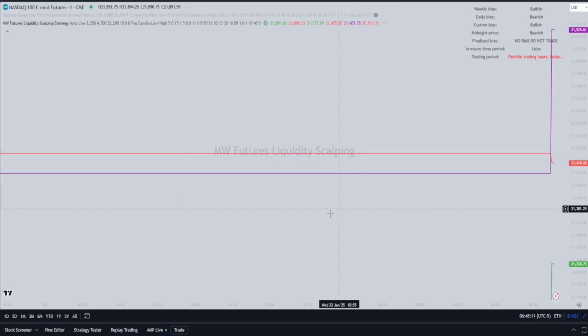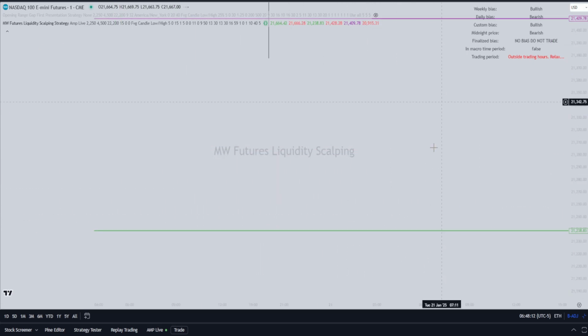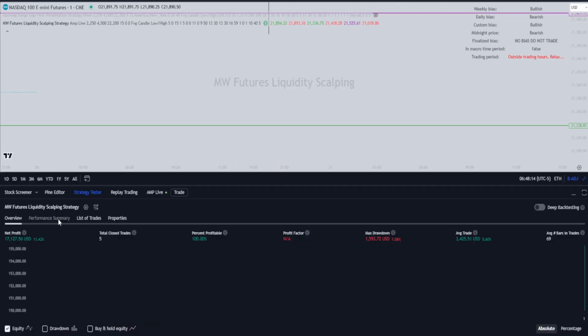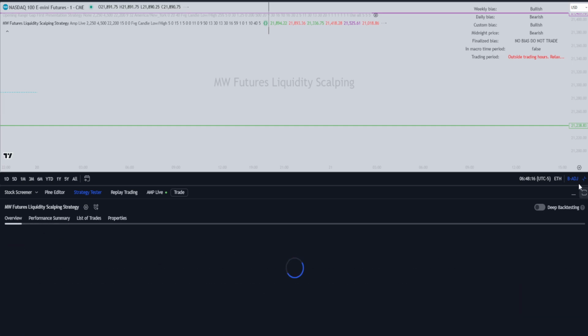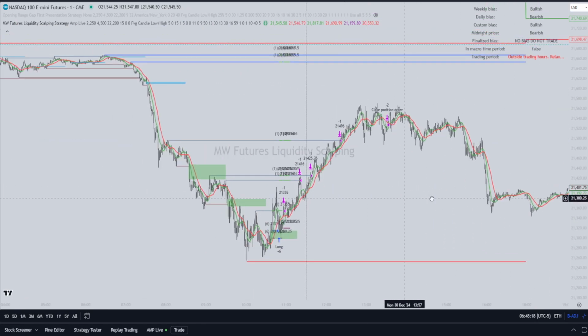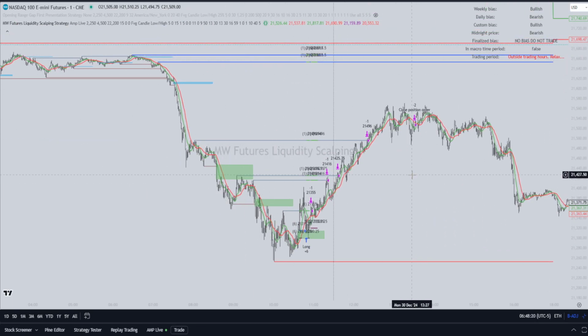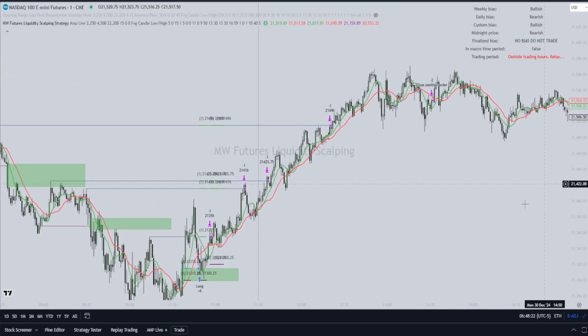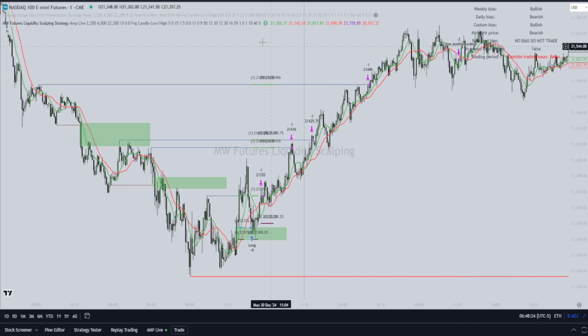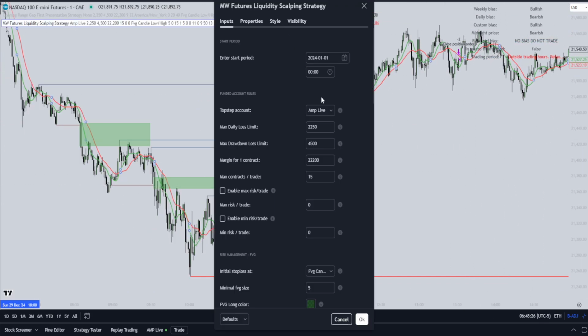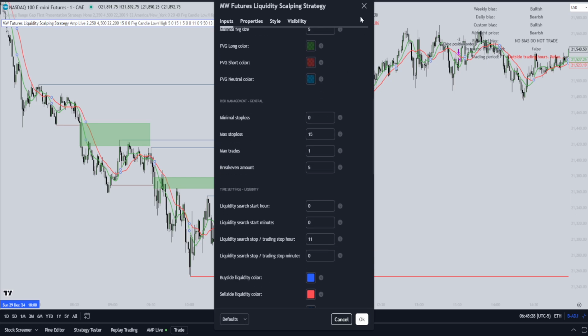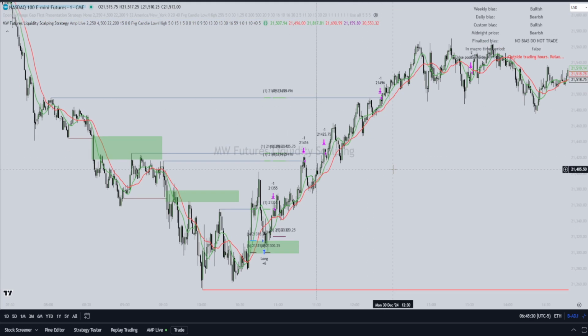And once we go out and go back, they will have the purged color and the unpurged color. So this is for you to know, alright, what liquidity pools are still available to me at this moment in time. But if, for example, you use this script just as an extra confluence, you could also look and see,